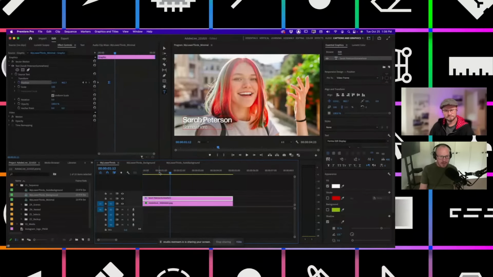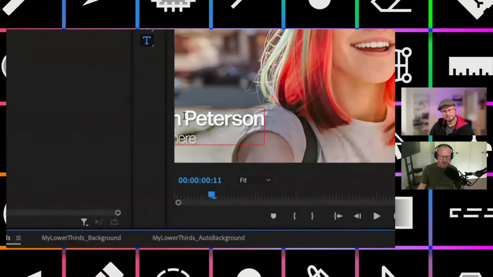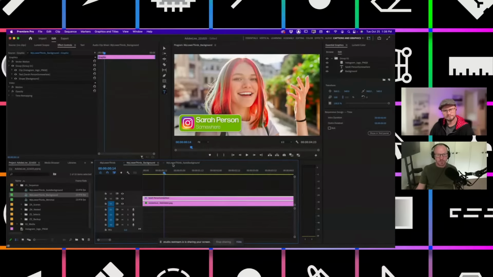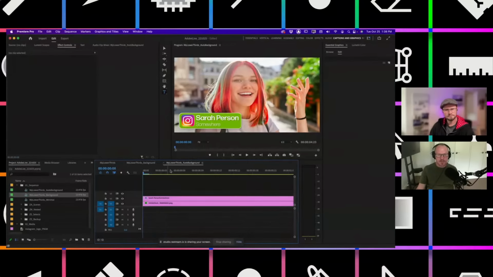Now I do have a little bit of a problem with this, because you're sort of seeing it cross the line of the frame here. And I would rather it if there was like a bit of space here where we don't actually see that flying in. I might show this to you with the one where I had the